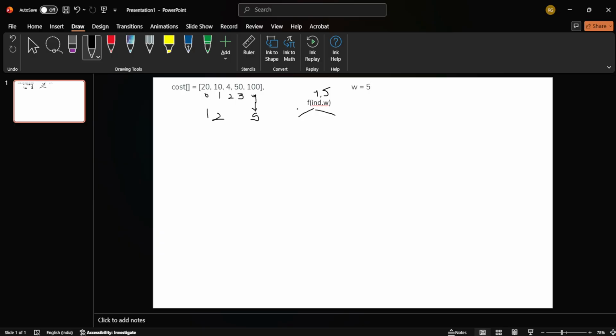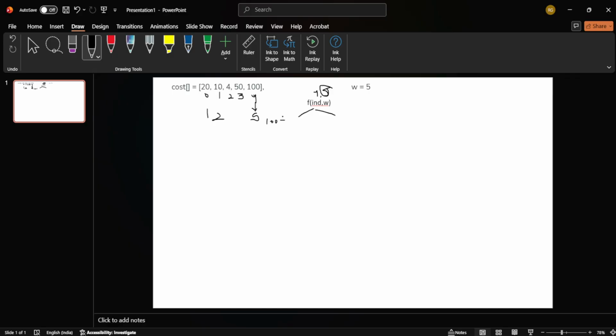I am here at the 4 index, and I can pick this one because my weight is 5 and I can pick a weight of 5. So I will return 100